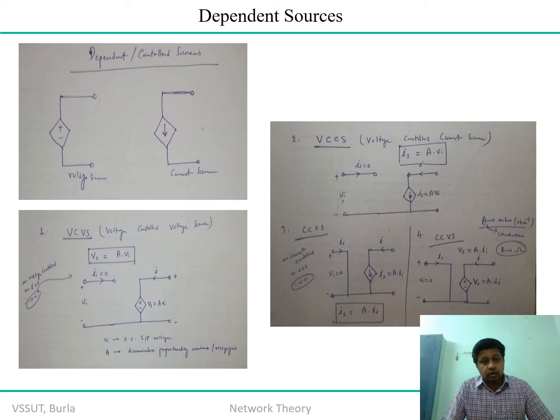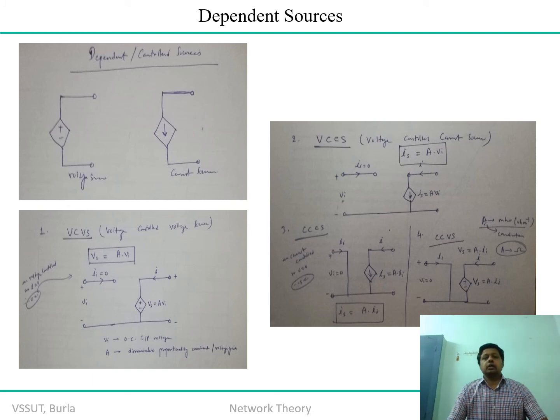If it is voltage controlled, the magnitude of current is least, in other words, theoretically it is zero. So if the current is zero, the input side will be considered open circuited. Therefore the incoming current I is zero, and Vs is influenced by Vi, depending on the proportionality constant of the amplifier. Here A is the dimensionless proportionality constant, and particularly it is a voltage gain, because A is equal to Vs by Vi.